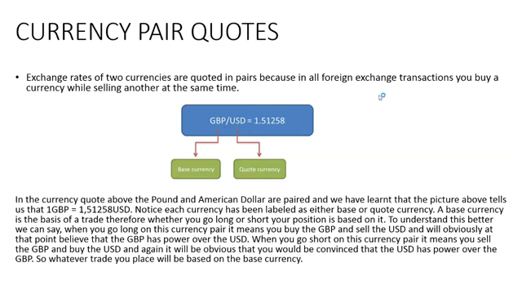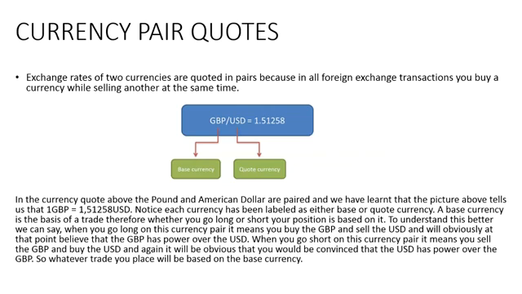Currency pair codes. Exchange rates of two currencies are quoted in pairs because in all foreign exchange transactions you buy a currency while selling another at the same time. We've got GBP US dollar exchanging at 1.51258. GBP is our base currency, which represents 1, and US dollar is our code currency, which represents